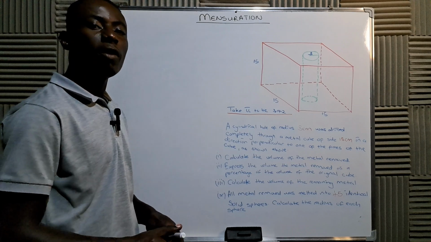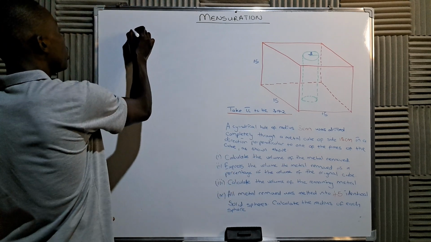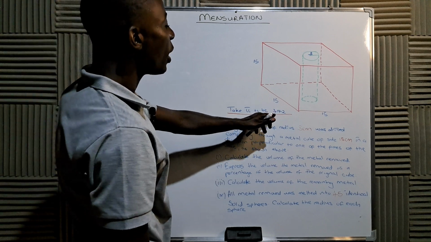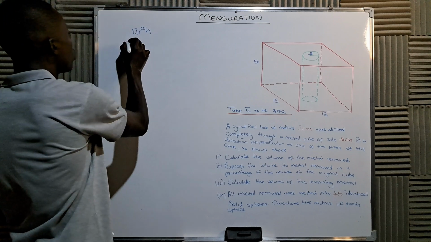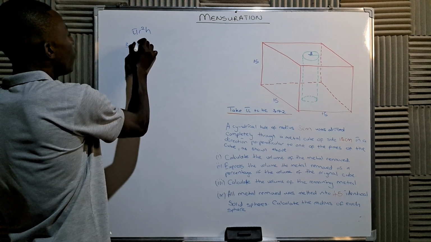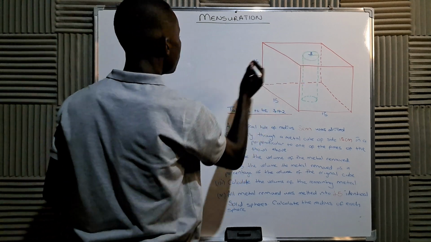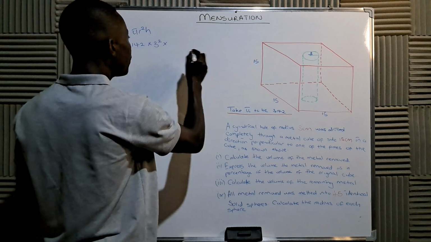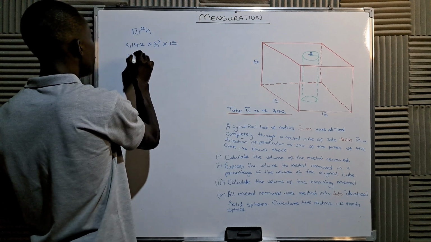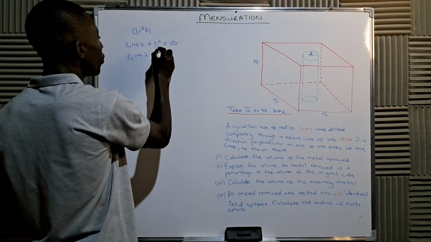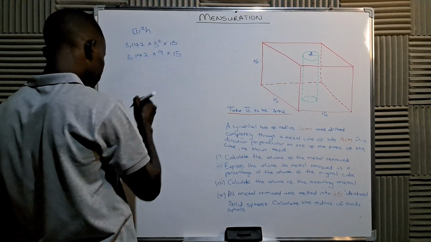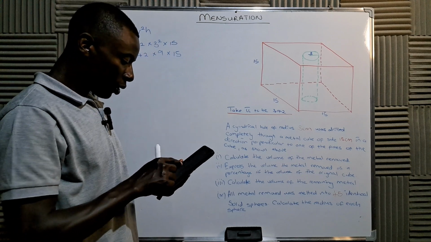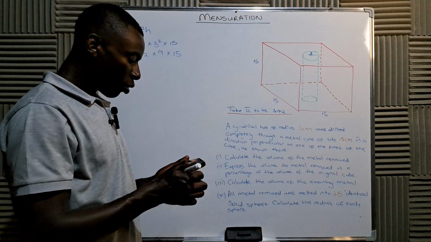So the formula for the volume of the cylinder is pi r squared times height. In this case, we are using pi as 3.142. So 3.142 times our radius is 3 centimeters, and we're going to square it, and times our height is 15. So here is 3.142 times 3 squared is 9 times 15. So let us punch this on the calculator. So 15 times 9 times 3.142. So this gives us